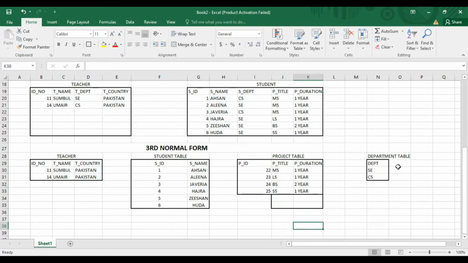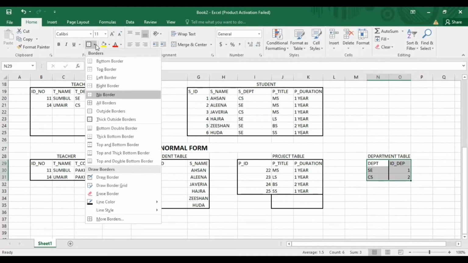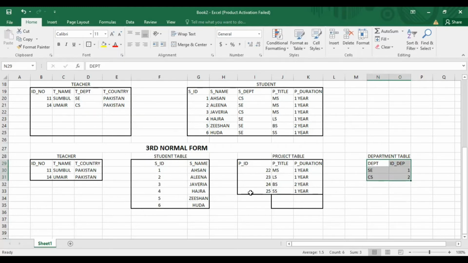Also there is no ID for department, so 1 and 2. So we have assigned an ID to each table.